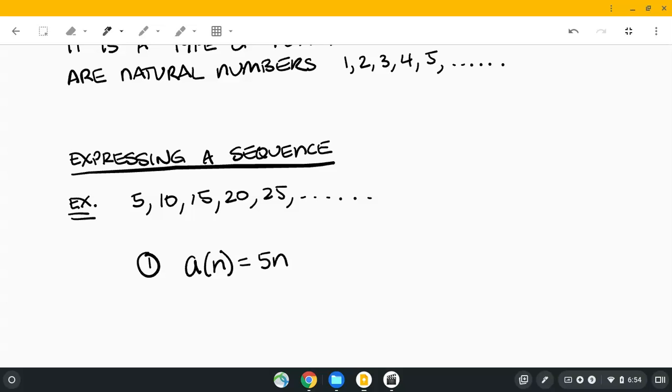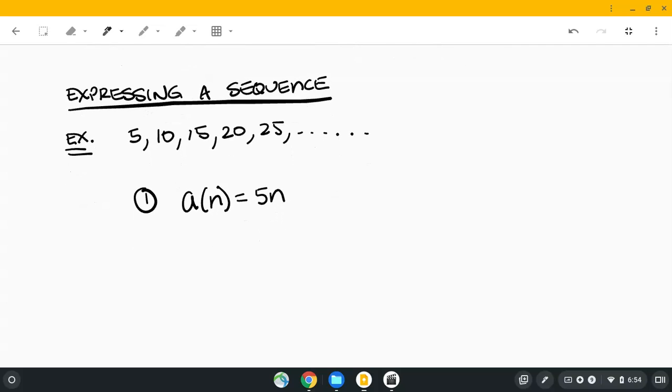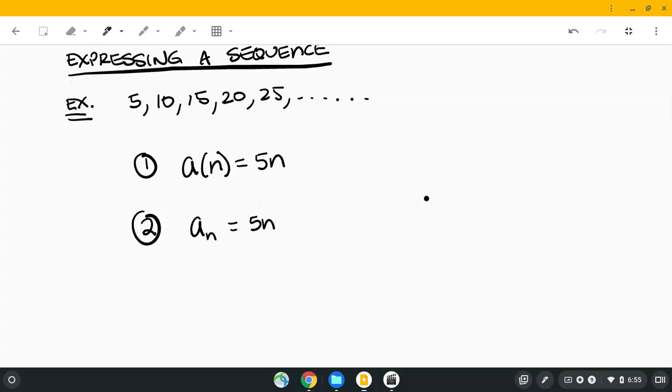Another way to do it is this symbol instead of the function notation. We don't really use this one, but maybe you've seen it before. This is the more common way to represent a sequence. And the 5n we get, that's like our formula on how to find a term. Okay. And then there's another way,